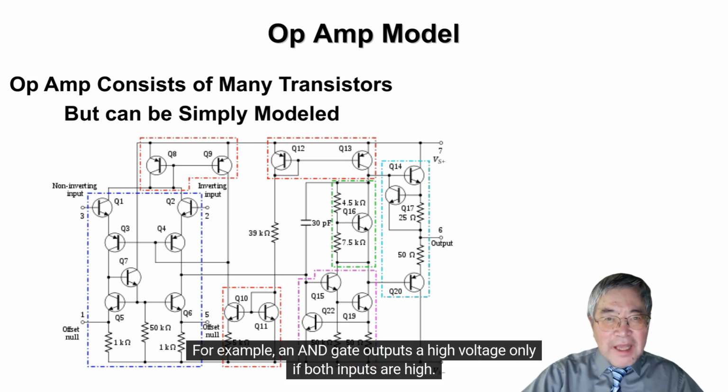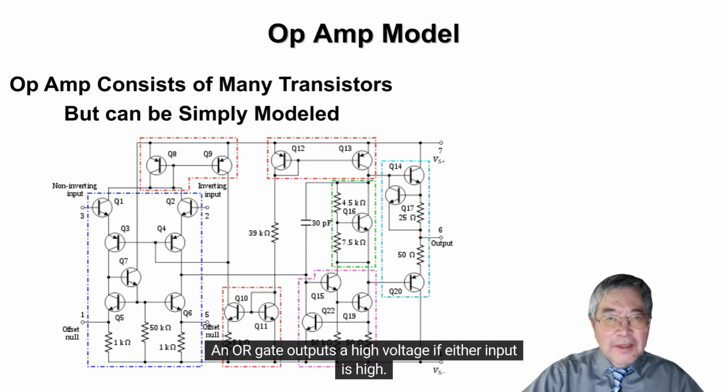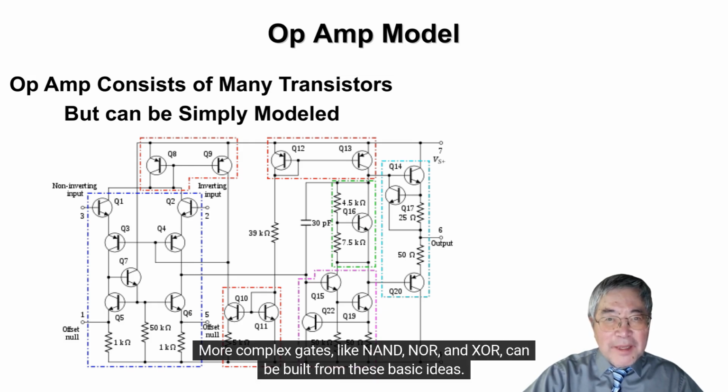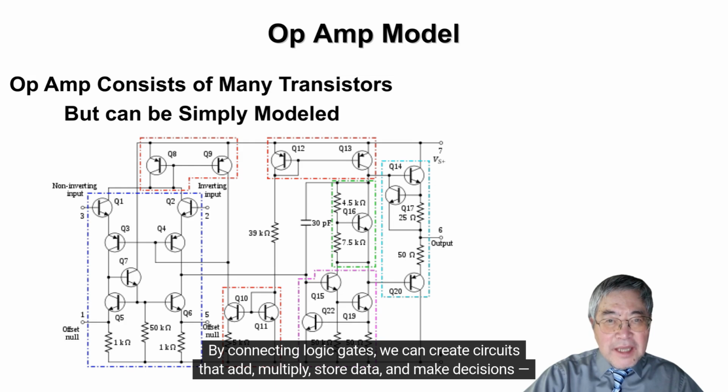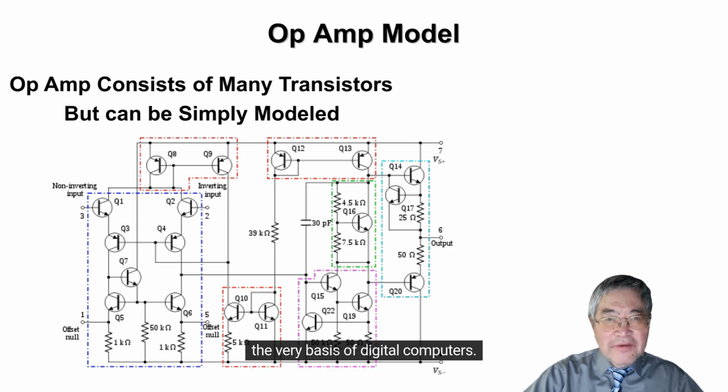For example, an AND gate outputs a high voltage only if both inputs are high. An OR gate outputs a high voltage if either input is high. More complex gates like NAND, NOR, and XOR can be built from these basic ideas. By connecting logic gates, we can create circuits that add, multiply, store data, and make decisions, the very basis of